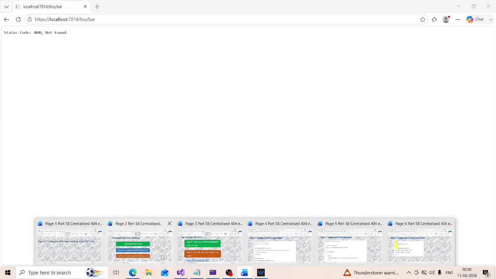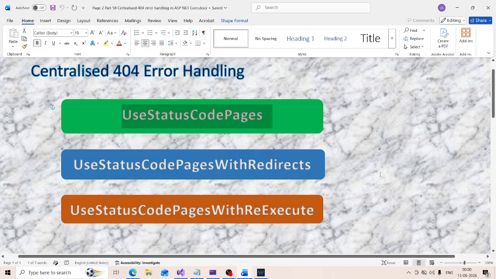We have complete control over what HTML we want to send back to the user. We can very easily achieve this